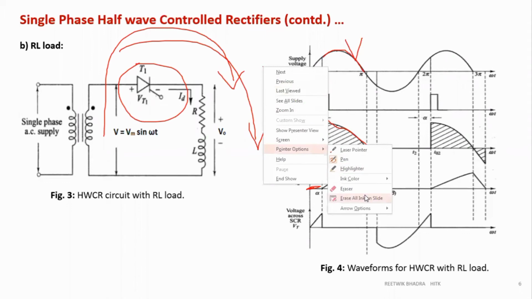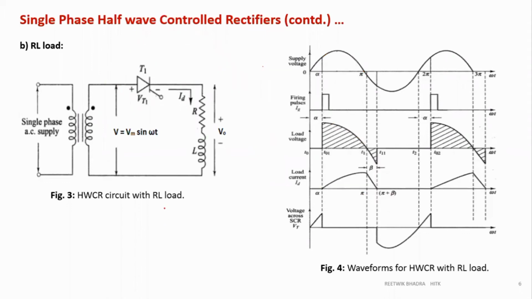Now the next half cycle is very important for us. Why? Because we have an energy storing element in the load. Whatever energy is stored in the inductor has to discharge. So how will it discharge? Now the voltage supply has reached 0, which is the minimum value. The inductor has charged up to some value, so my load acts as my source over here. The potential drop across this will be higher than this, meaning negative terms, because when the inductor discharges, current direction remains the same, polarity changes.